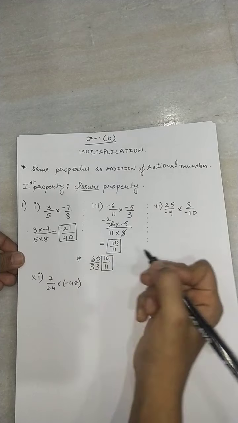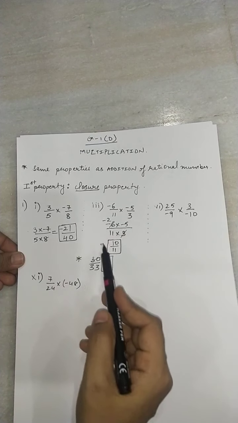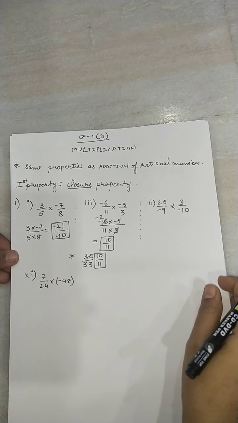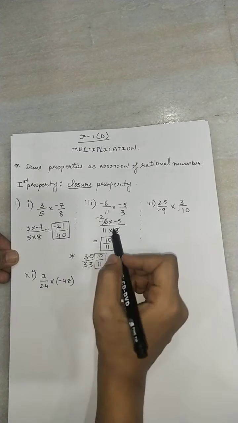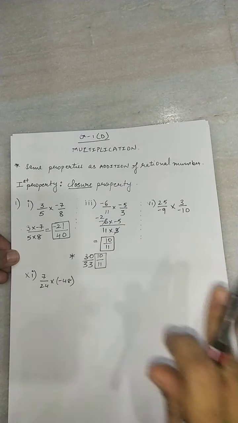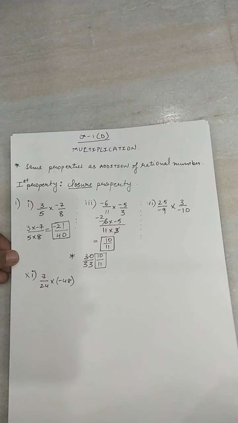So students, you can see we have got the same answer. Whether you do it by this method or that method, it won't affect. You can do it any way you want. I'll suggest this one because it's much easier. First you convert to the lowest term and directly reach the answer. Maybe at the last you forget to convert to the lowest term.